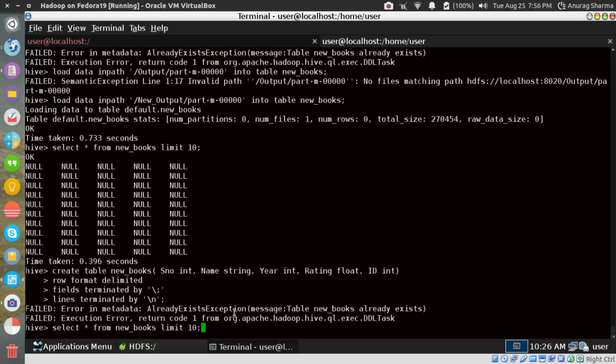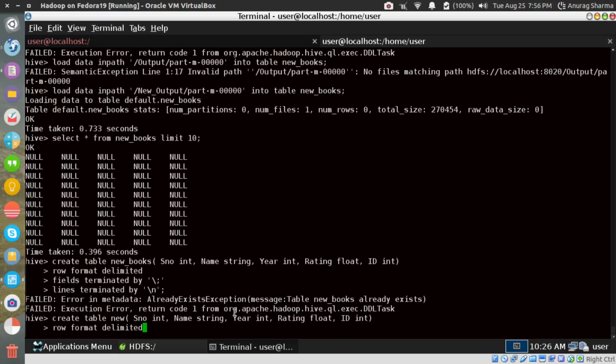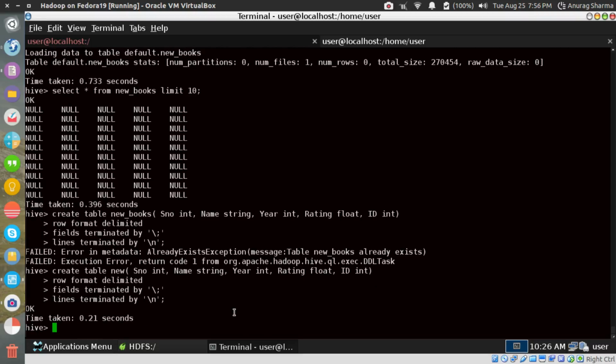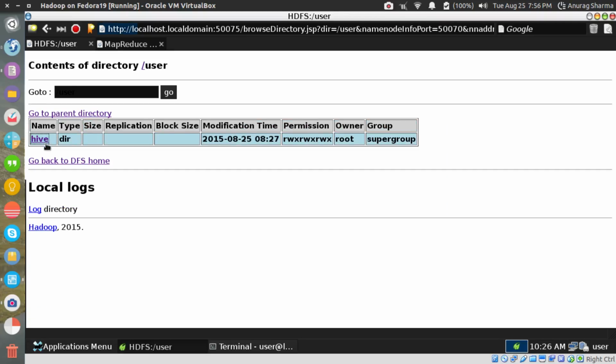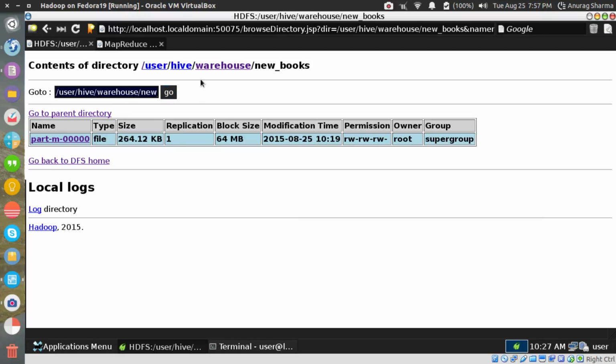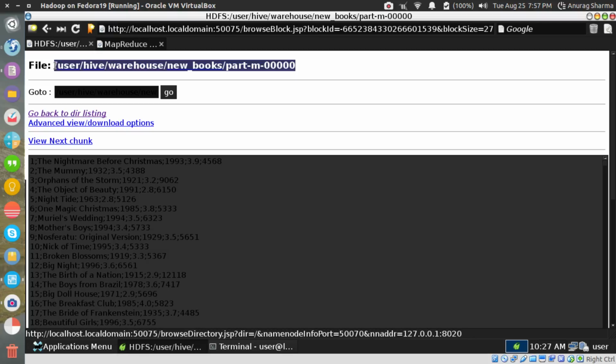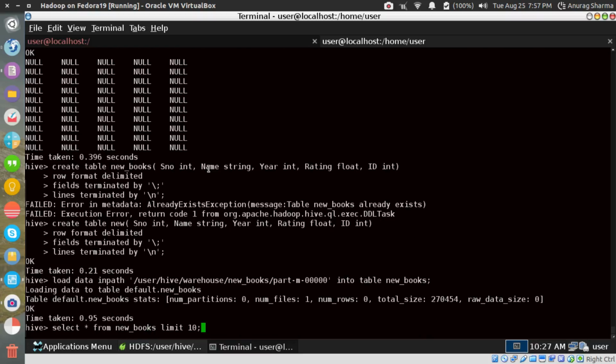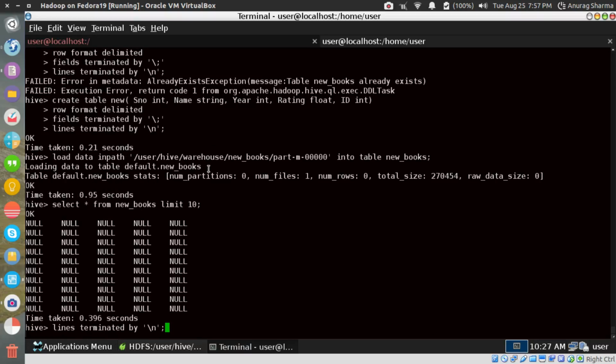Ah, come on. Okay, so the problem is that when I ran this particular statement, it is assuming that the delimiter itself is slash and semicolon.